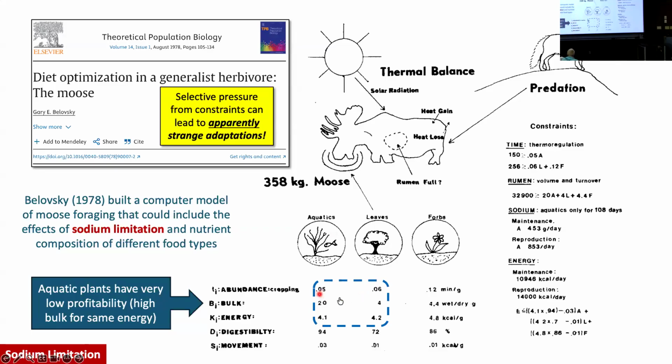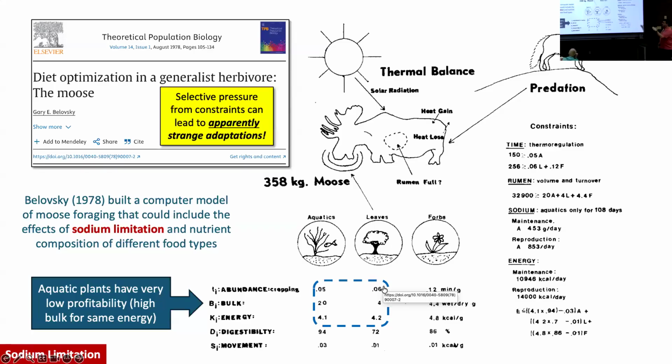These are really bulky, and they have the same amount of energy as leaves from trees that are much more accessible and not as bulky. But you still saw them eating them. And he thought that was weird, and it doesn't seem to be something you'd predict from these optimal foraging theory